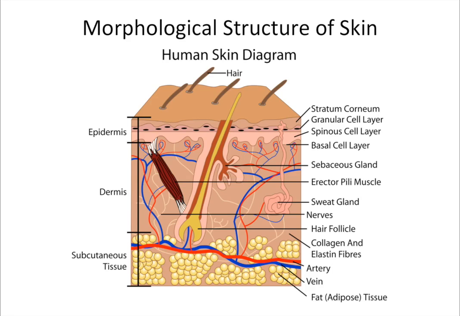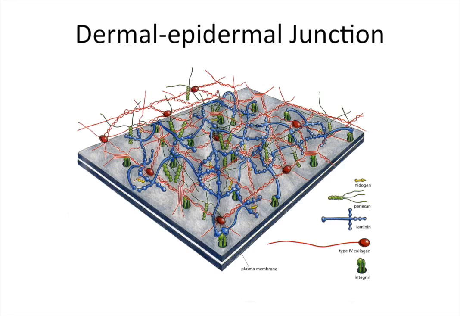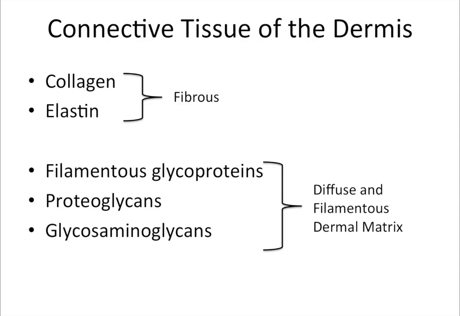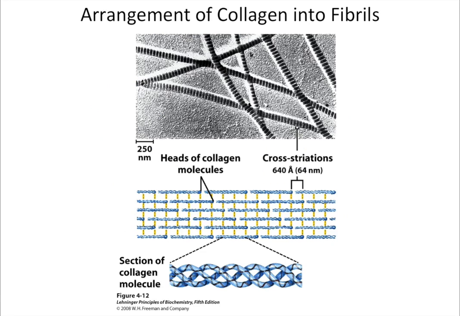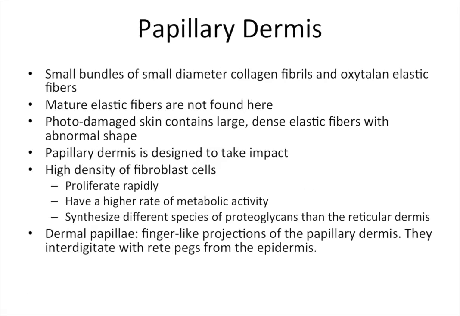So if you have photodamaged skin, for example, and this becomes flattened, it becomes much easier to remove the epidermis from the dermal-epidermal junction or the dermal-epidermal junction from the dermis. And these interdigitate with what are known as rete pegs from the epidermis,